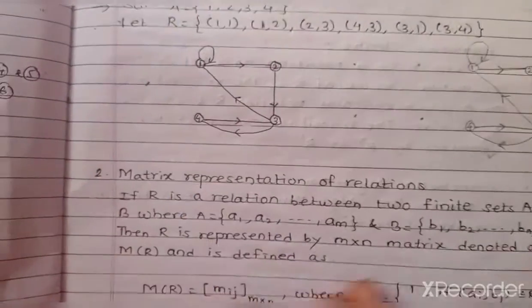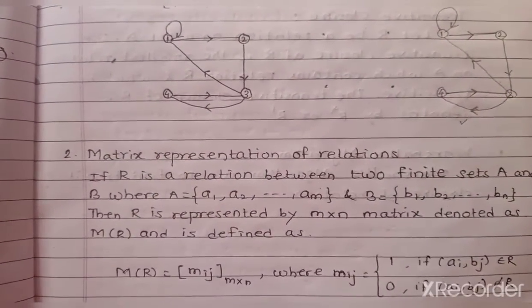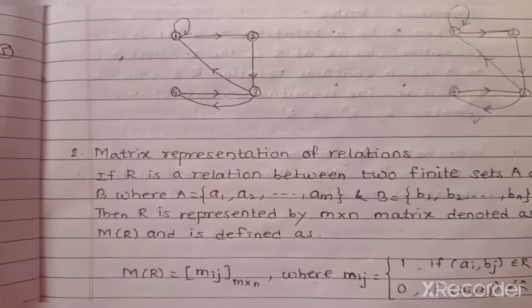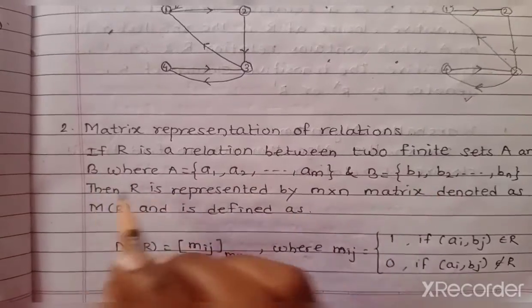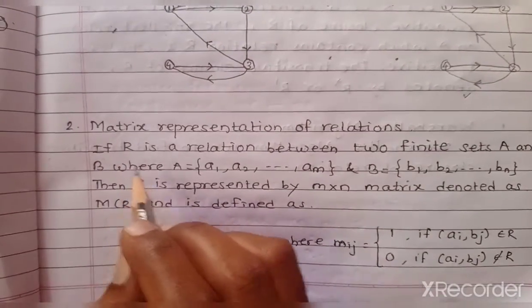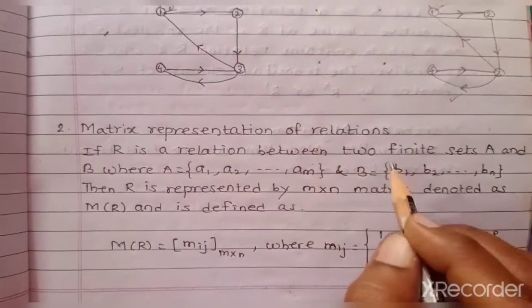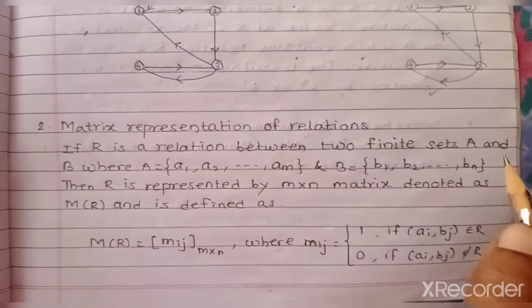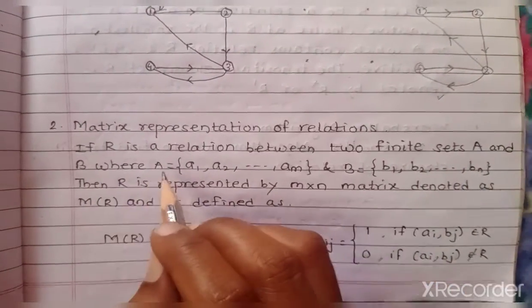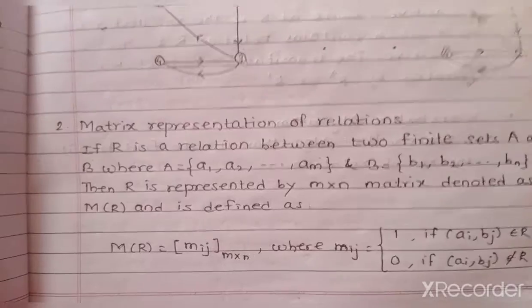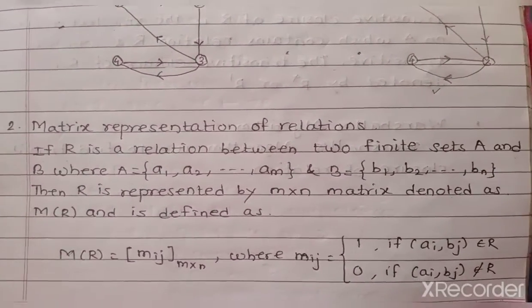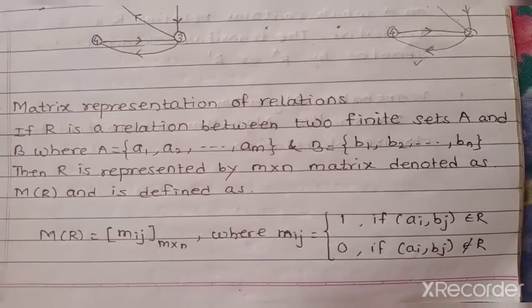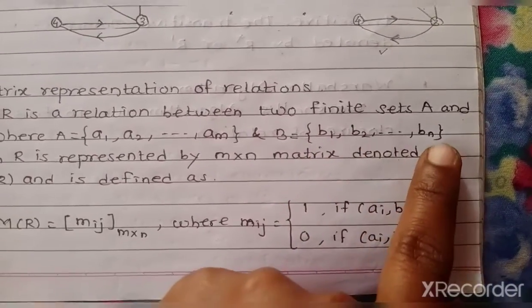The second one is the matrix representation of a relation. See here the definition of the matrix representation of a relation. If capital R is a relation between two finite sets capital A and capital B, where A contains the elements A1, A2 up to Am, and capital B contains the elements B1, B2, up to Bn,